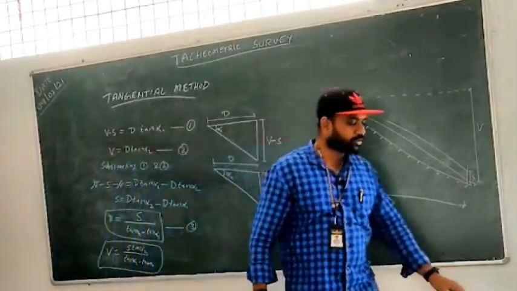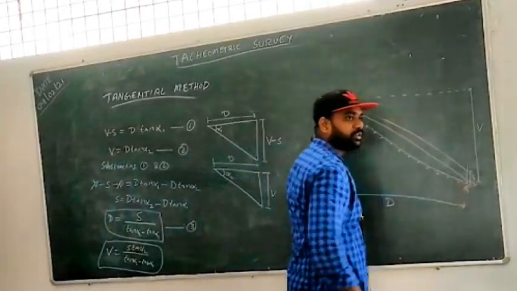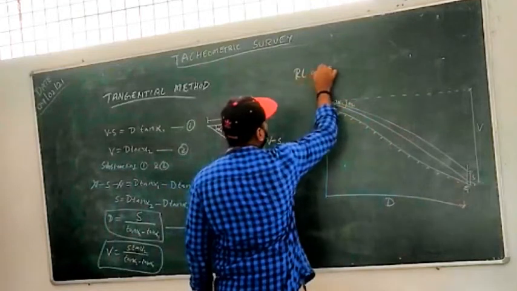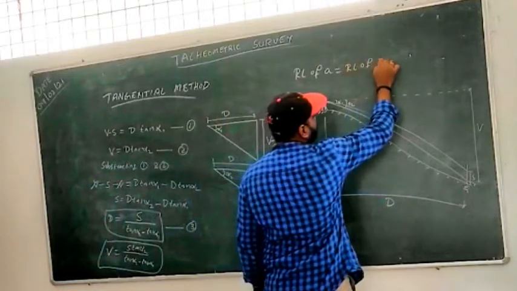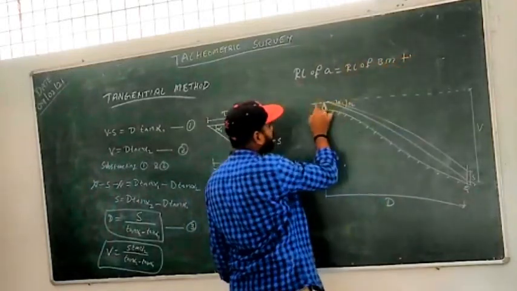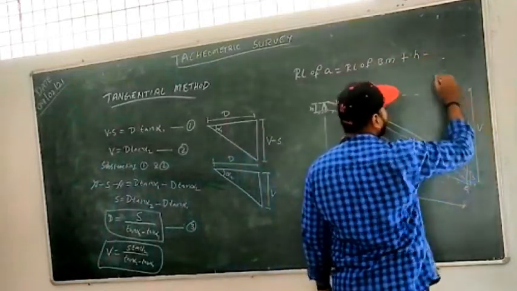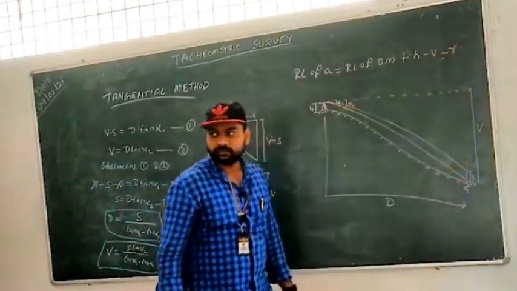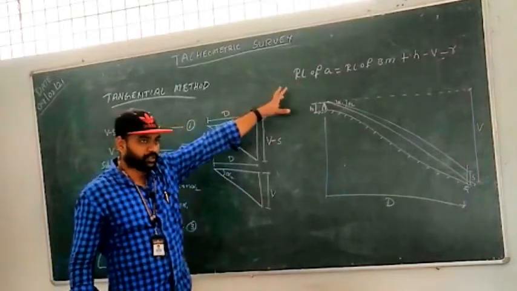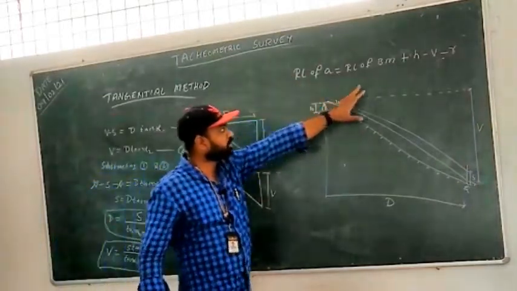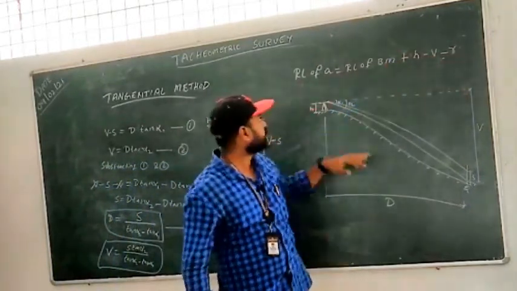Now one thing is, commonly we need to get what? RL of Q. So this is Q, okay, this point is Q. Suppose if you want to calculate RL of Q, can you tell me what will be the RL of Q? First one is RL of benchmark plus instrument height, that is H, then minus V minus R, right? So similarly, you have to do the same thing for the elevation also, okay? There I have missed it, so you will just do the same thing. Instead of putting minus V, we are putting plus V. So plus V minus R, you will get the elevation of Q.